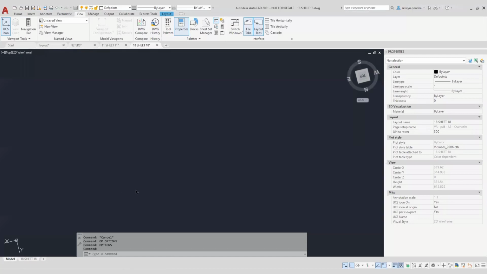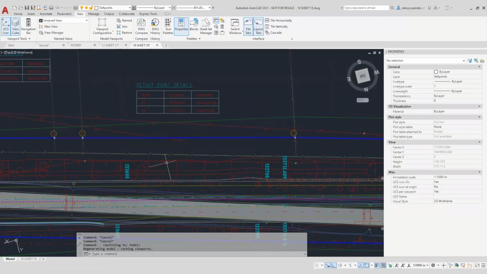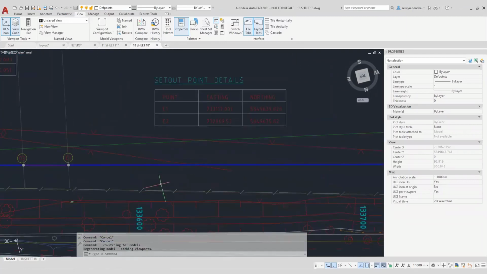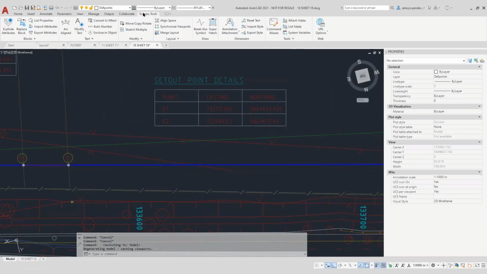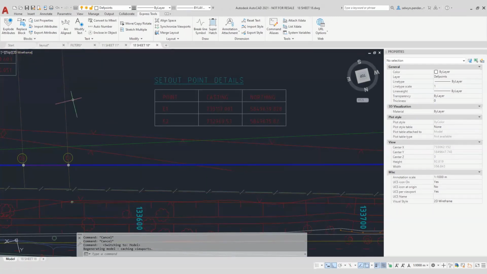With reference files, you often find that you might want to grab a line or something out of a reference file. So there's a command called Ncopy, and that's an Express tool. So it's located on Express tools, and it's to do with blocks or X references. So it'll be under blocks, and the command is copy nested objects, or Ncopy. So I'll do it from the command line, Ncopy. So it's asking me to select nested objects to copy. So I want to get this fence line. So I'll highlight the fence line,